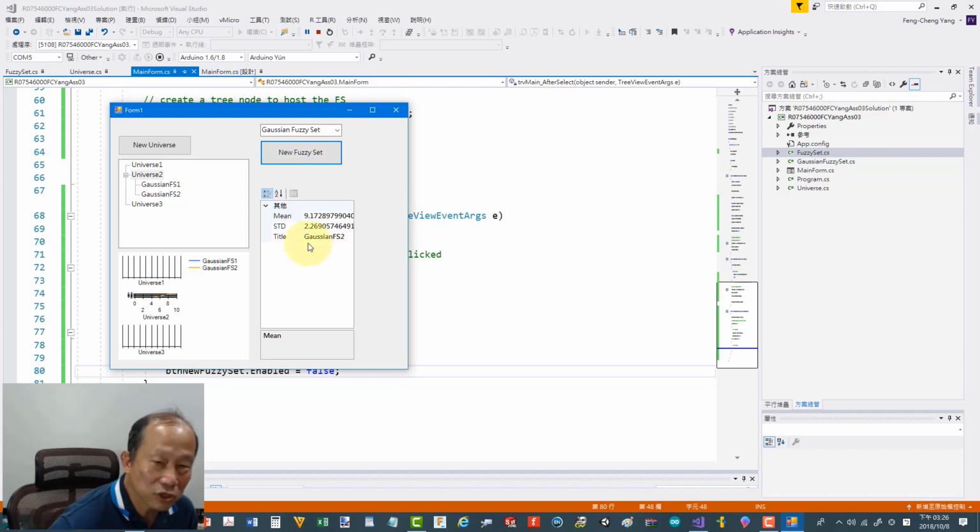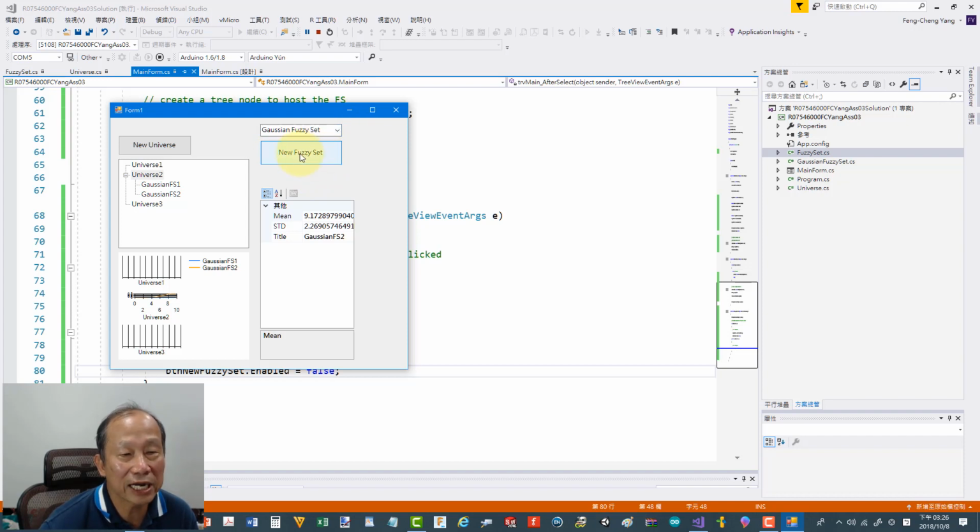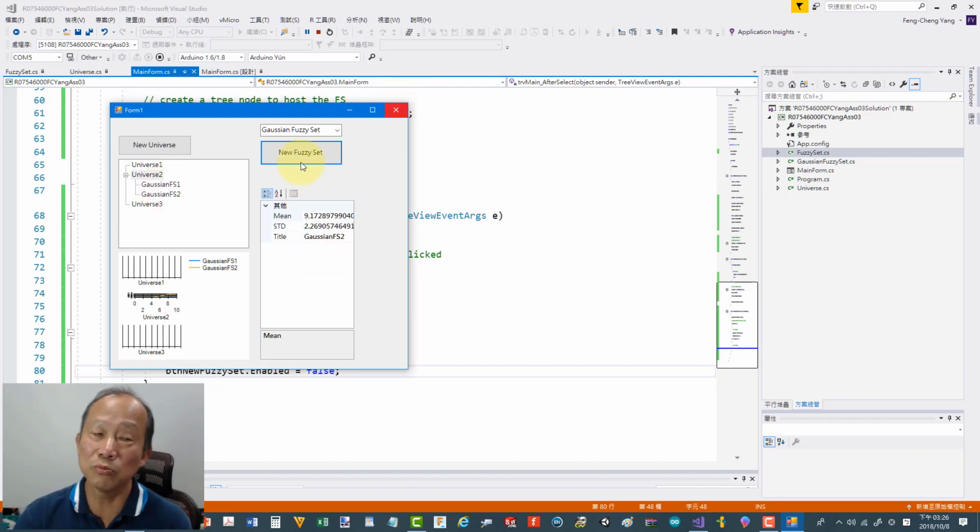Right now, once I add a new fuzzy set, the property grid has been set to associate with this object. If it is not your scenario, for example, if I prefer that once universe 2 has been highlighted, it keeps highlighted there, and in this way, the user can keep selecting and then click on this new fuzzy set button, so a series of fuzzy sets will be defined. It's much more